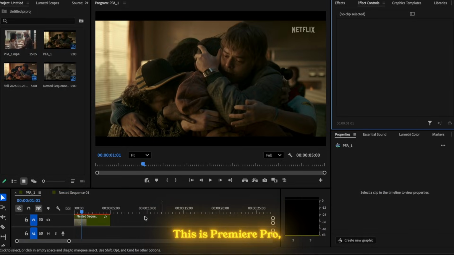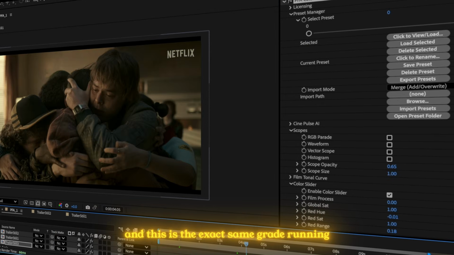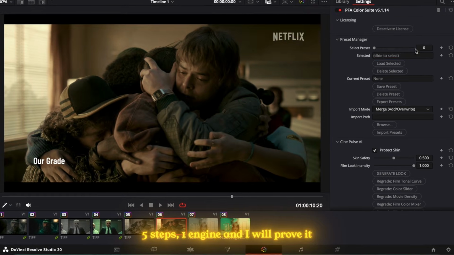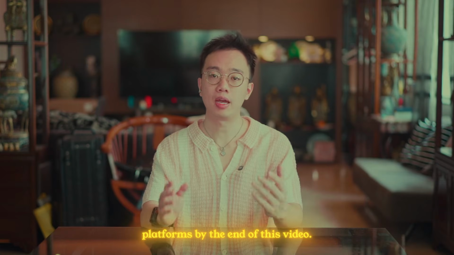But here is the kicker. We are not doing this in DaVinci Resolve. We have finally broken the walls. This is Premiere Pro, this is After Effects, and this is the same grade running on the same engine with 0 LUTs and 0 banding. 5 steps, 1 engine, and I will prove it works across all 3 platforms by the end of this